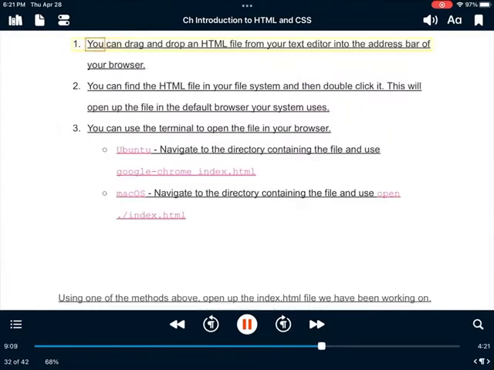One, you can drag and drop an HTML file from your text editor into the address bar of your browser. Two, you can find the HTML file in your file system and then double-click it. This will open up the file in the default browser your system uses. Three, you can use the terminal to open the file in your browser. Ubuntu: navigate to the directory containing the file and use google-chrome index.html. macOS: navigate to the directory containing the file and use open index.html. Using one of the methods above,